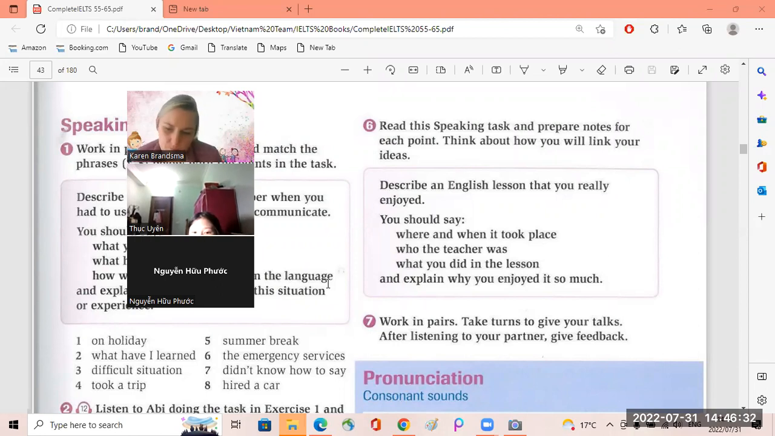When I studied at Phuoc English, it is an English center. Every lesson, we always had an English teacher to study with, but one lesson I really